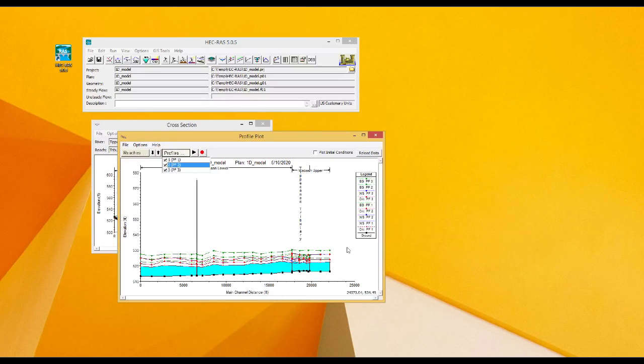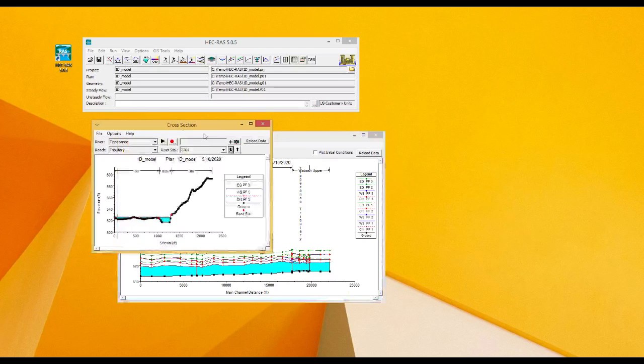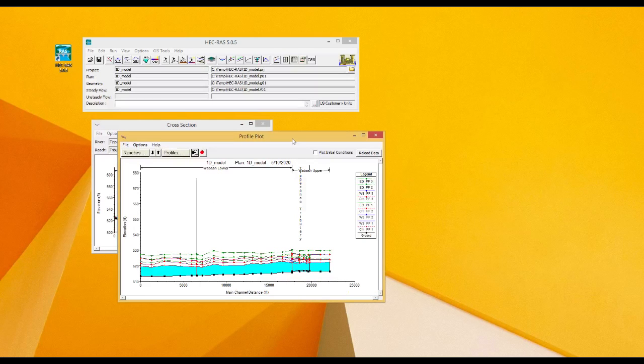So you can check all the different water levels with different flow conditions as well here. So just leave this cross section and this profile plot, and then we can go to the next icon,